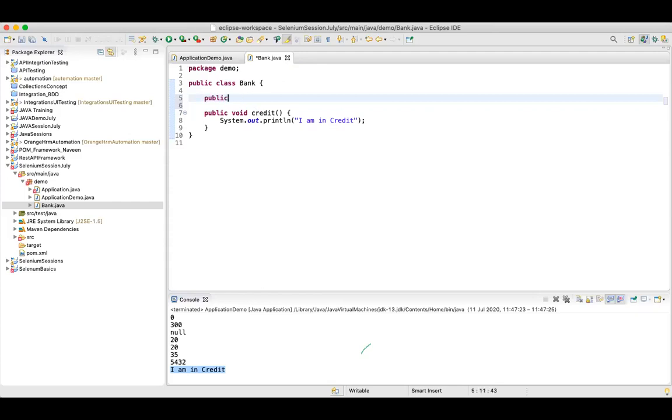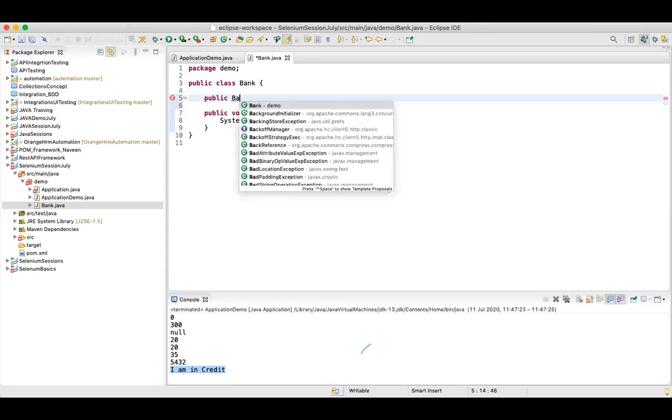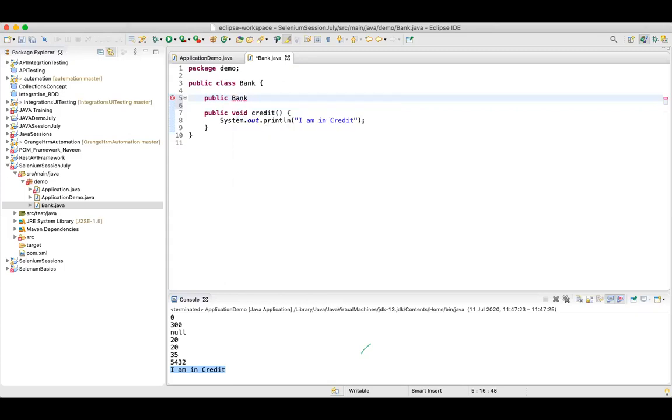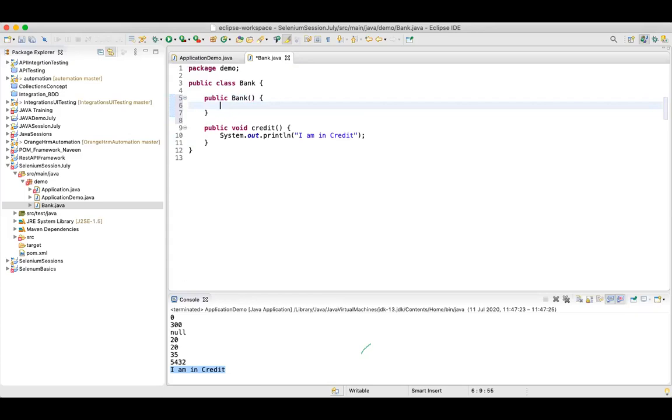Let's say I say public, and my class name is Bank. Public Bank, and you can define your code in these braces.